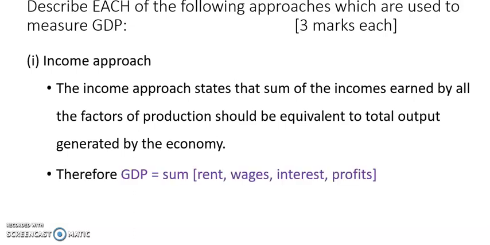In other words, GDP is simply the sum of all of the earnings of the factors, right? So the sum of the rents, the wages, the interest, and the profits. Now, remember, it's only 3 marks, so you ain't got to write a thesis, all right? Expenditure, on the other hand,